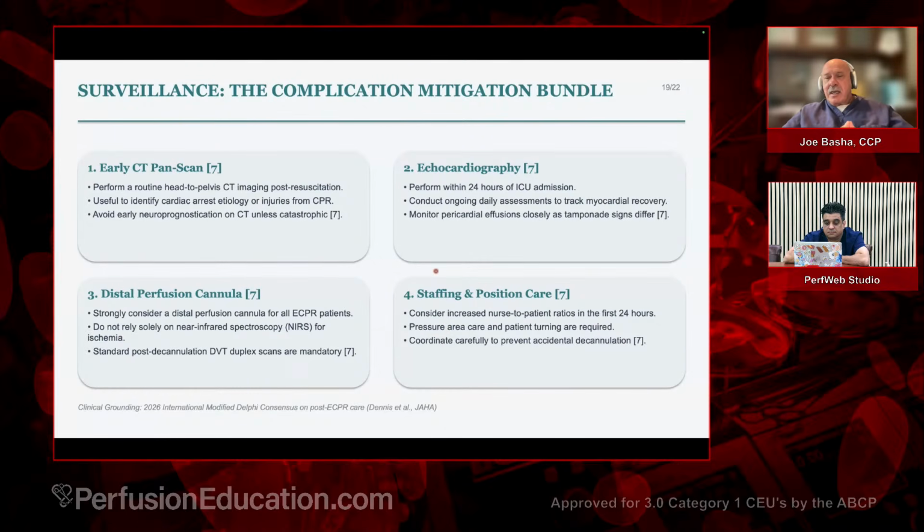Pressure area care and patient turning are required, so you want to avoid obviously pressure wounds and skin breakdown and so forth, and that's something I think we do really, really well. I'm amazed that we have had a patient now on ECMO for about 45 days, maybe even longer, and there is no tissue breakdown anywhere on that patient. And that is a testament to the care given by the nurses at that institution, and I'm exceedingly proud to